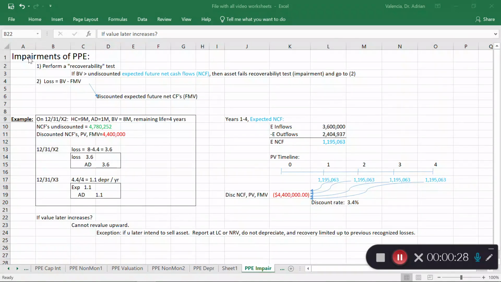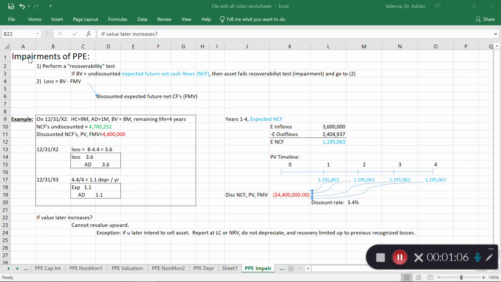plant, equipment. As an accountant, we are testing all of our assets really for impairments, and there are different rules depending on what type of asset it is or whether it's an investment or things of that nature. But this impairment idea goes back to conservatism, and under US GAAP we are always very watchful that we don't overstate our assets, right? So the impairment tests are just part of that thought process of avoiding the potential to